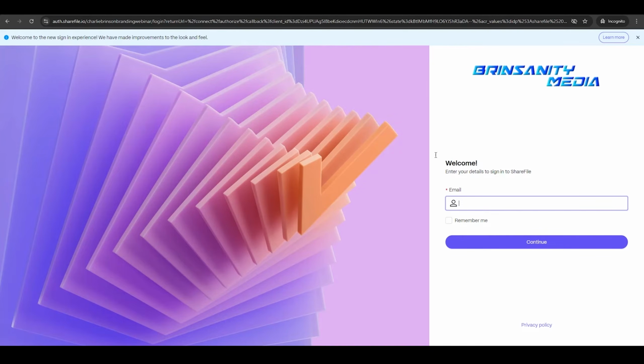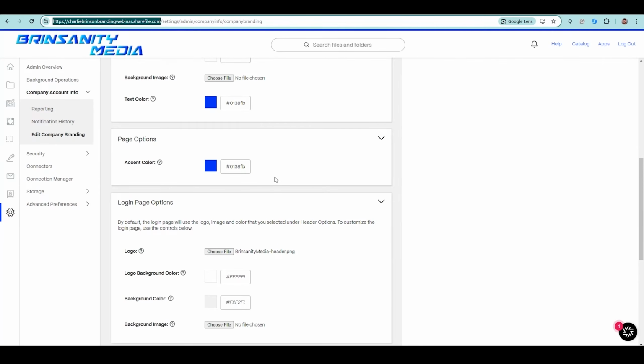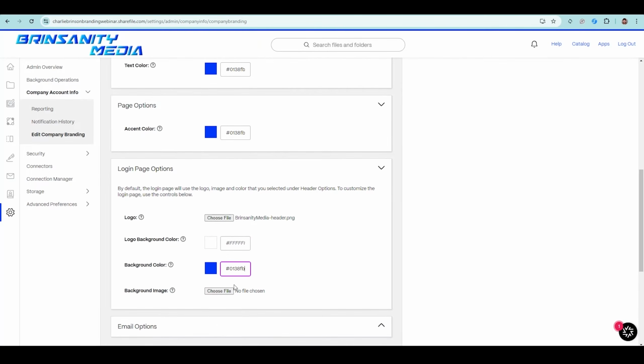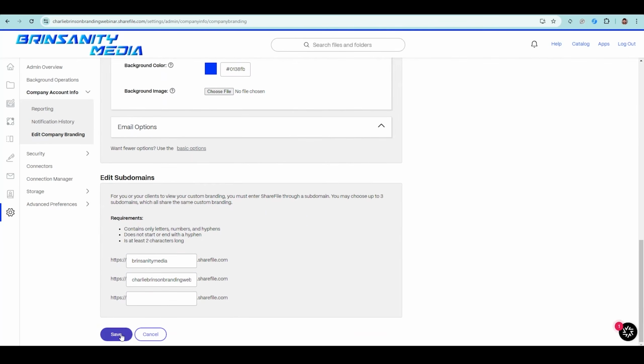But by default, without having any specific background colors or background images applied, it does have this checkmark image or checkmark graphic that comes from the ShareFile application. So what I could do, if I wanted to make some changes to that, is maybe add a custom background color, maybe that blue background color that I've added everywhere else. Oh, that's a logo background color. Whoops. I will paste it down here. I could go ahead and do that. So when I press save,